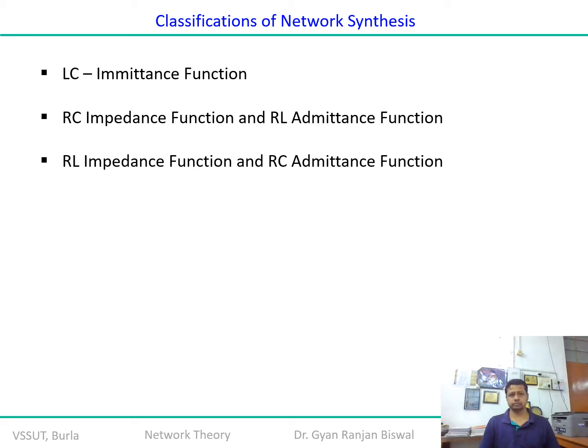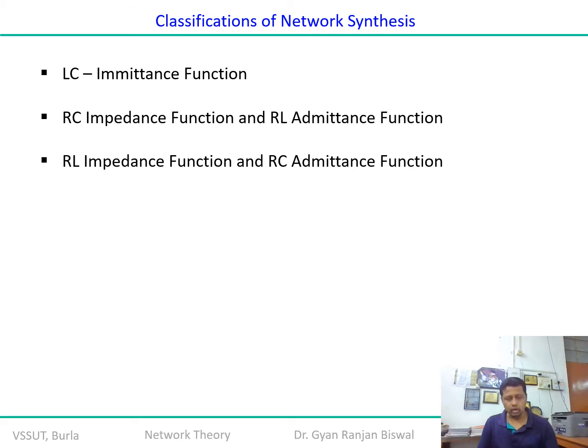So you are not going to consider the possibility of all three elements together. Then the next possibility is that you can have an RC element, or a combination of RL elements, or a combination of LC elements. Broadly we can divide into two classes, that is reactive combinations and resistive combinations. If you talk about the resistive combination, you have two subclasses, that is RL and RC, whereas in the reactive combination you have the combination LC.